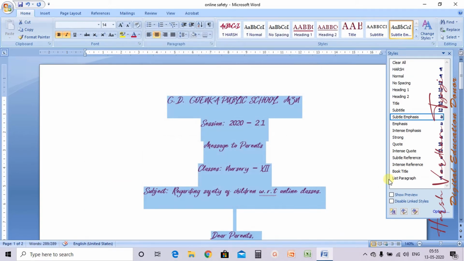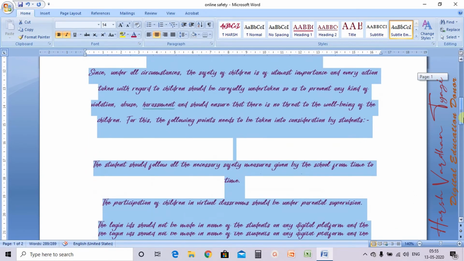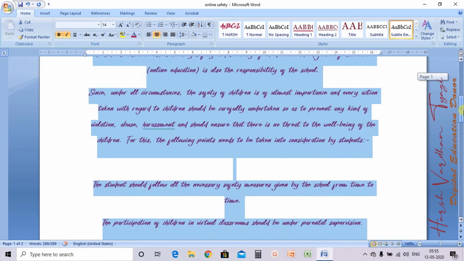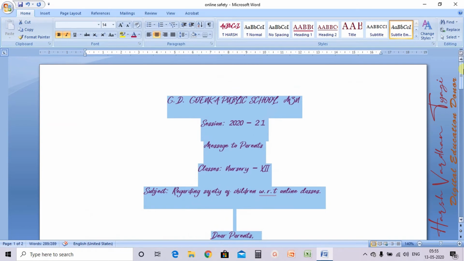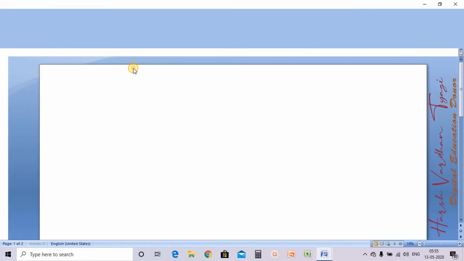Now see, is it clear to you how you can create your own style? I've chosen these things, alignment, font style, everything that has been done, and you might be surprised when I open a new blank document.